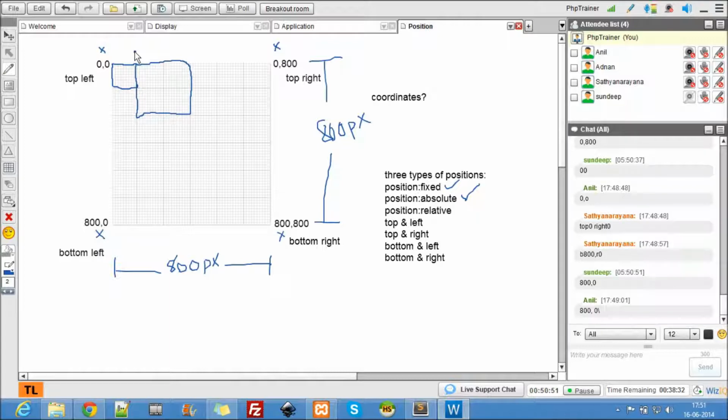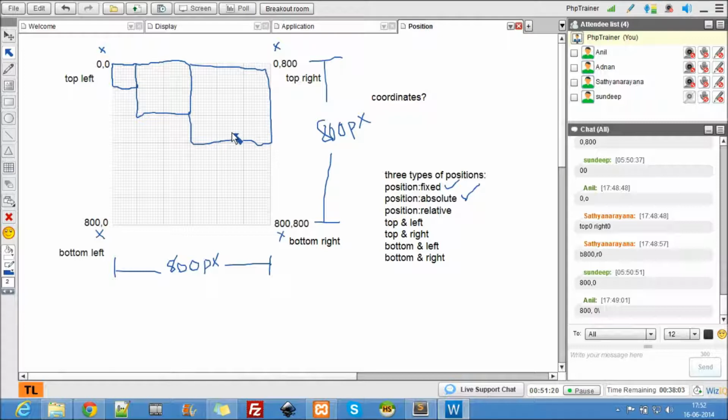Let's assume that it's inline block. Then we have another div. This div's position is starting from here. This is the position of the first div, position of the second div, position of the third div. So this kind of placement is the regular placement, which is called static placement or static position.